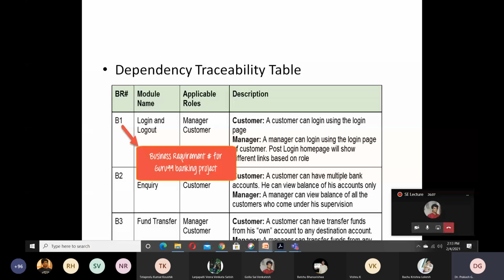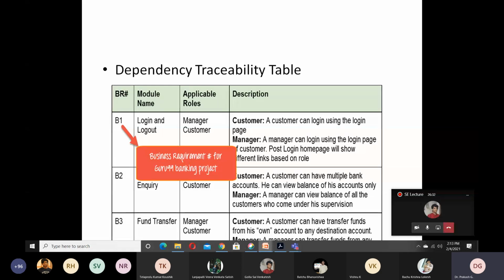Coming to the next module, the inquiry. Here the customer has the main role. The customer can inquire about his bank data or the balance of the amount present in his bank. The manager can also view the balance of all the customers who come under his supervision.